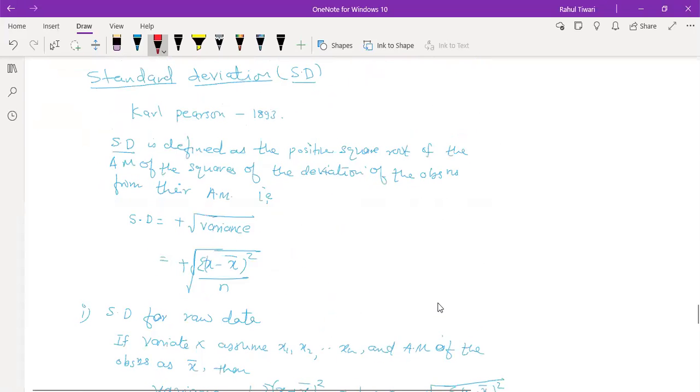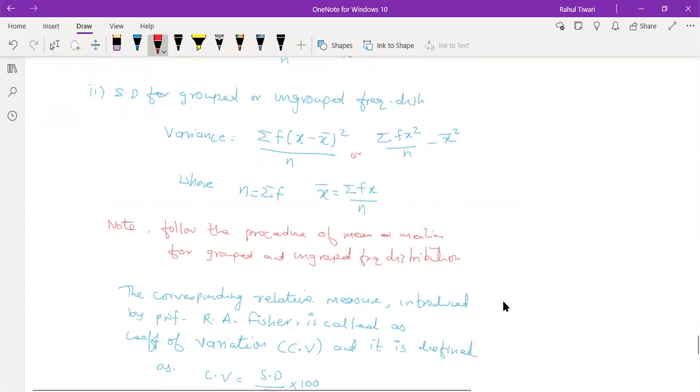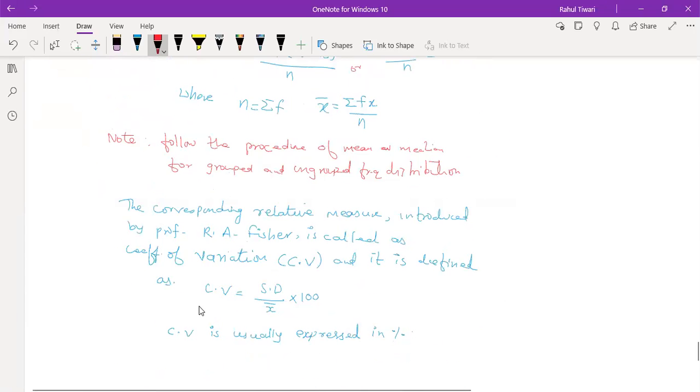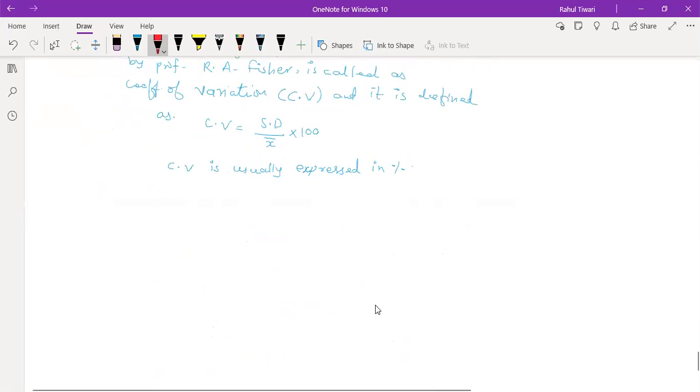I think we are discussing the standard deviation and its relative measure, which is the coefficient of variation. So let me do some examples based on this. Please do the calculations. I'm just giving some data, you can work on that. You know how to get the